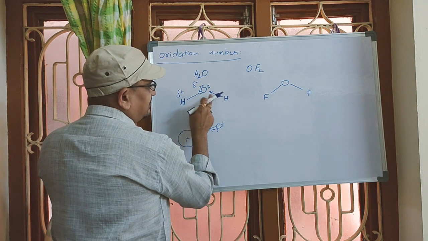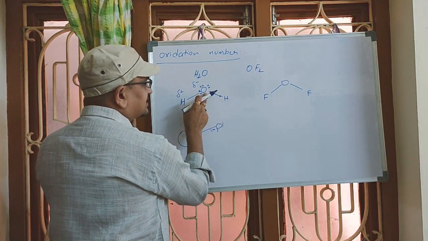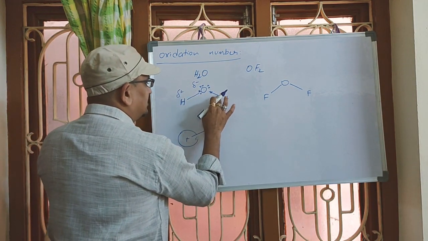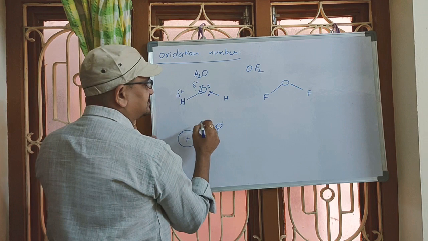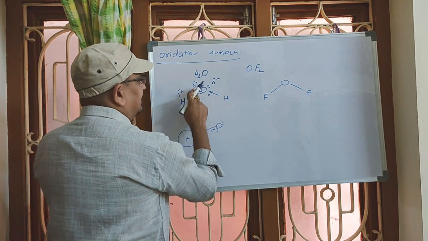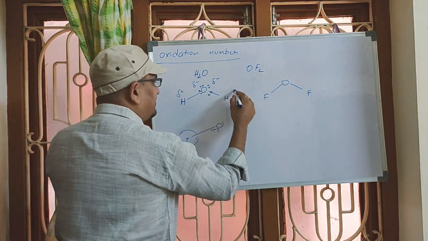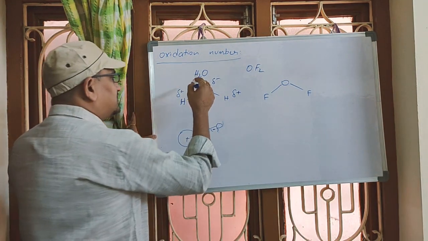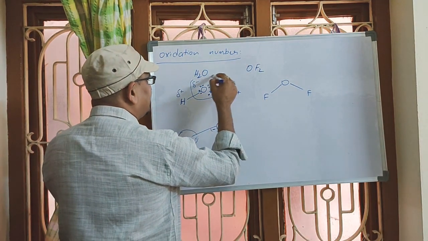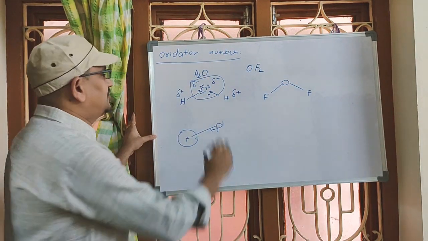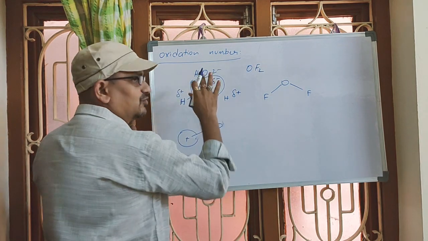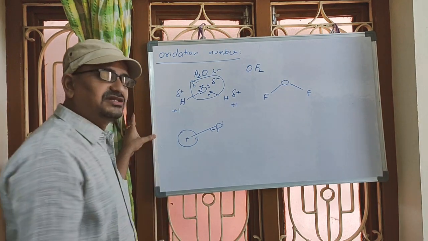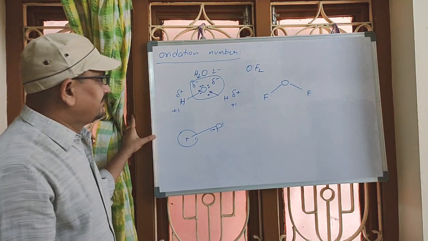The same way, when it comes to this bond also, among oxygen and hydrogen, which is more electronegative? Tell me. Oxygen is more electronegative. So it attracts hydrogen's electron also more towards itself, so that some extra negative charge will be developed at oxygen and partial positive charge will be developed at hydrogen. Understood? Now, totally, oxygen has got how many negative charges? Tell me. 2 units of negative charges, 2 minus, of course, partial charges only. On each hydrogen, 1 plus charge is developed. Partial charges only.